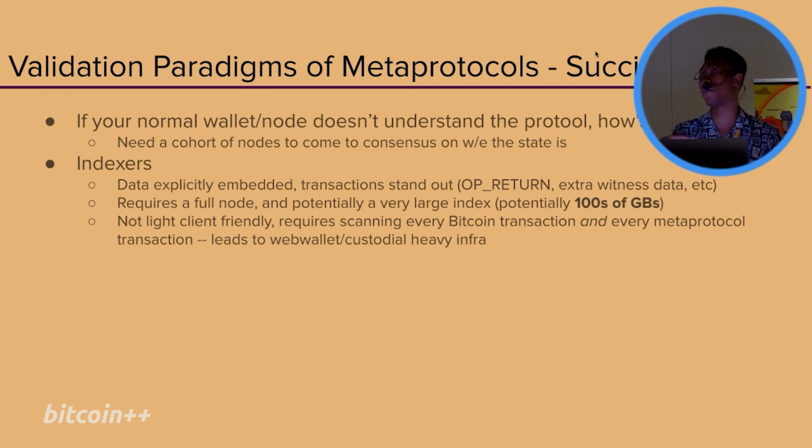The other thing is that it's also not very client friendly, because you require the full node and then also this other thing as well, so you potentially have hundreds of gigabytes. You at least have half a terabyte, maybe even approaching a terabyte of data. So it's very heavyweight. I think this leads to many of them using web collateral or being very custodial heavy, because if it's hard to verify that what you have is real, people are going to skip that and just say, okay, that's probably real, I'll just try to flip it or something like that instead.